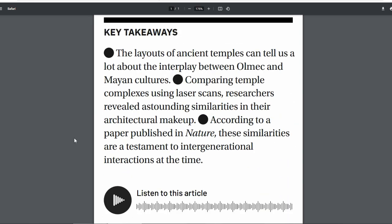The layouts of ancient temples can tell us a lot about the interplay between Olmec and Mayan cultures. Comparing temple complexes using laser scans, researchers revealed astounding similarities in their architectural makeup. So this comes from the paper from Nature, as was the previous